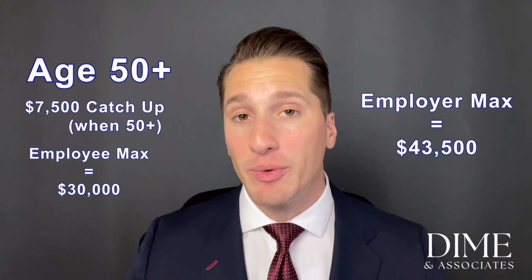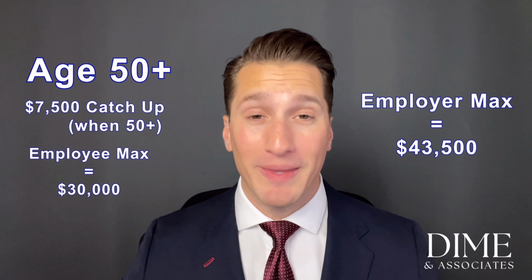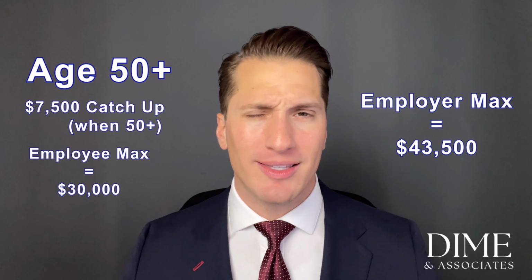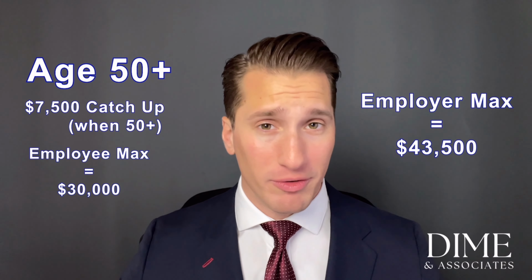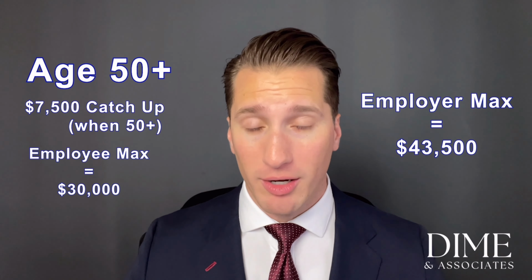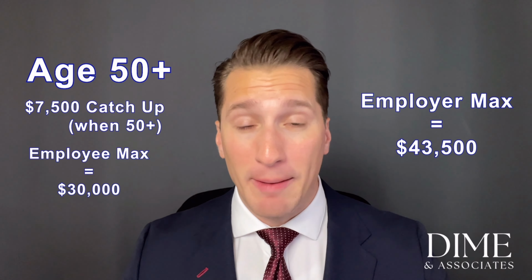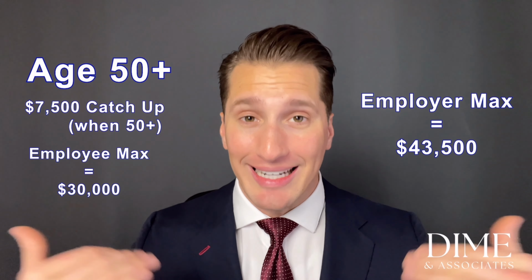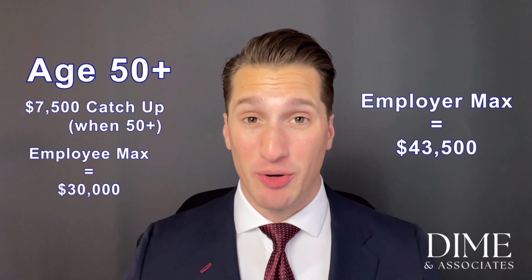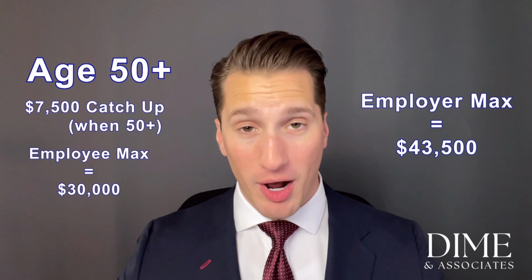However, the salary deferral portion, aka what the employee can contribute, goes up when you're 50 years or older. In total, that means the defined contribution limit does go up when you're 50 or older. But from a mechanic standpoint, the profit share number doesn't change, just the salary deferral number can go up. That means in total, the employer plus the employee are taking a deduction for $73,500. That means you as the business owner are taking a $73,500 deduction from what you otherwise would have to pay